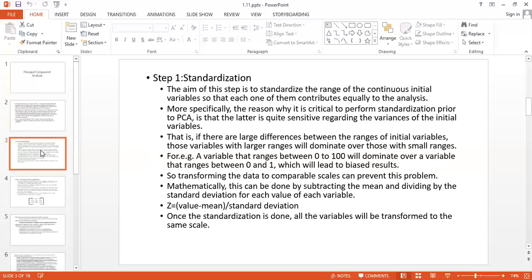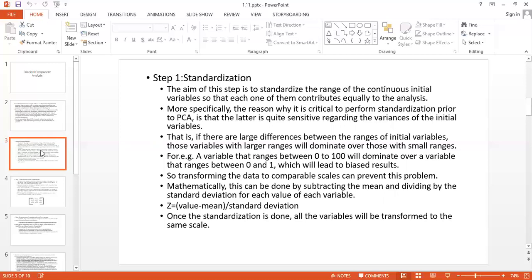Now mathematically this can be done by subtracting the mean and dividing by the standard deviation for each value of each variable. Z is equal to value minus mean, divided by standard deviation.